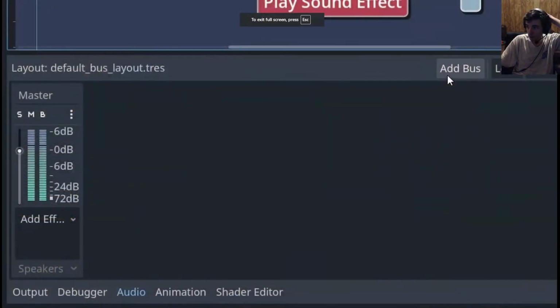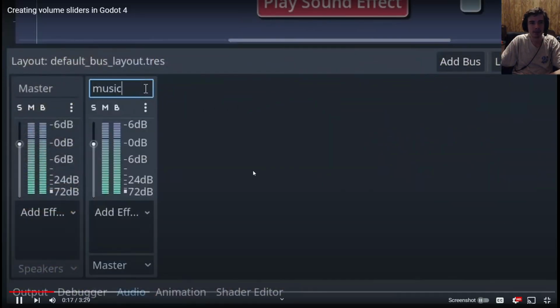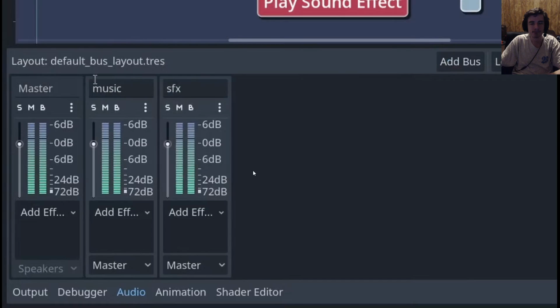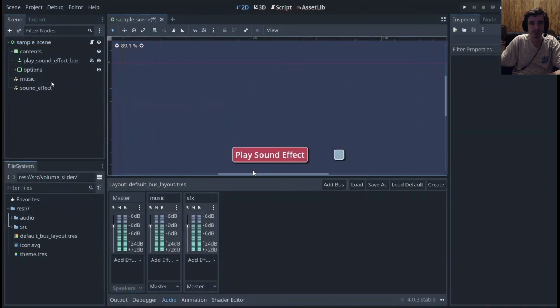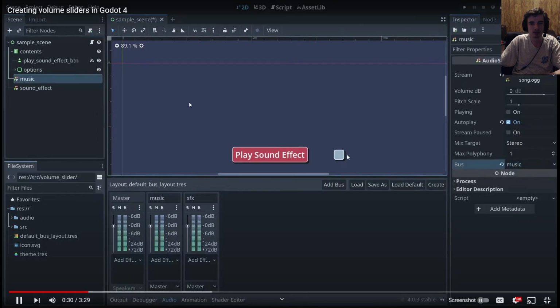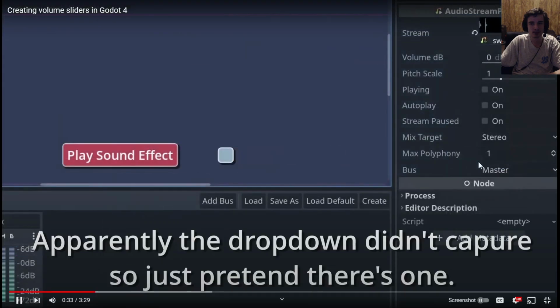Options menu. To get started with making them, volume sliders are an essential component of any decent options menu. If you haven't already, go to the audio tab on the bottom panel of the Godot editor and add a bus for each category of audio you want to adjust. By default, there's a master bus that all audio pipes through, but you'll probably also want to add at least music and sound effects buses so the user can tweak them separately. After you've added your buses, you'll want to go through the project and make sure all audio is piped to the correct bus. This can be done by selecting the relevant audio player node and changing the bus property in the inspector. Once that's